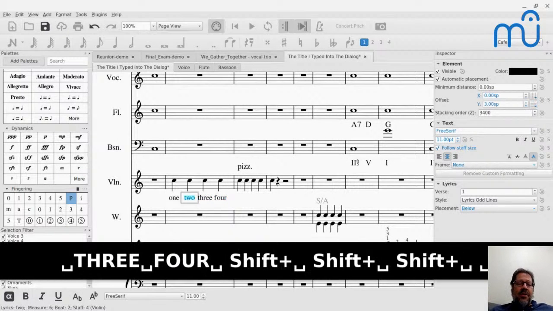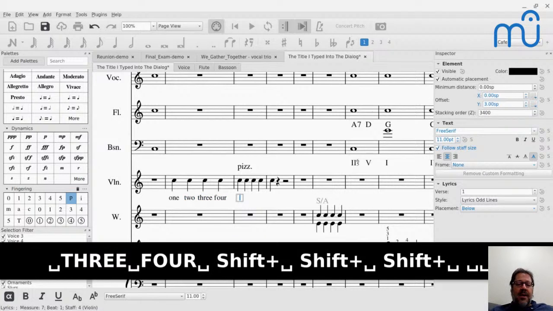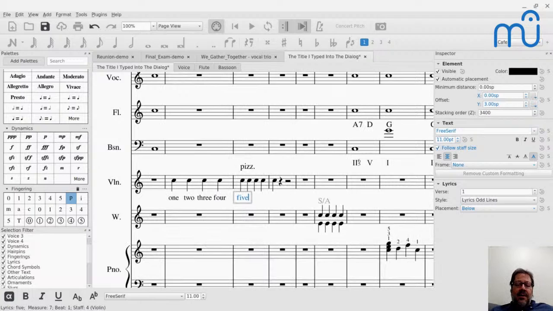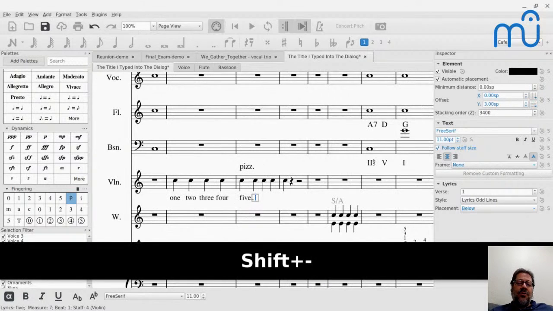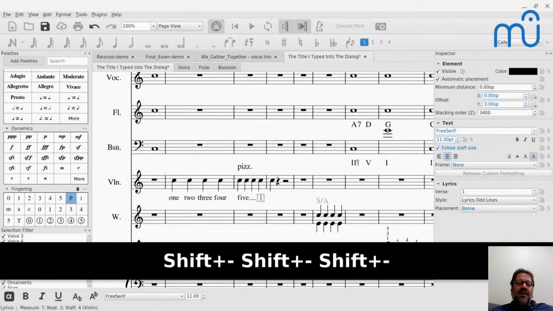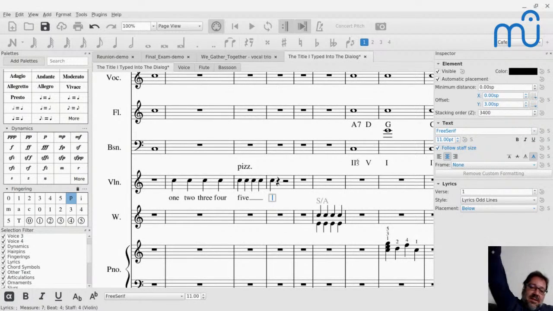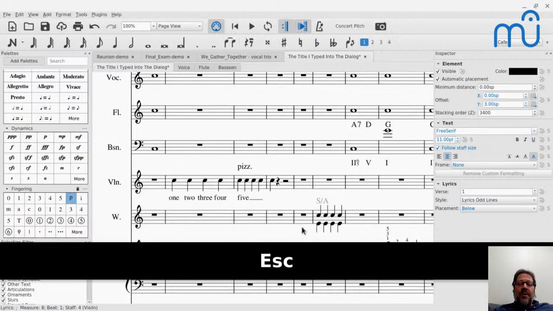And so lyrics are their own thing, but if I type 5, if I want that to be a melisma, I'll type an underscore, and that lets it be a melisma line like that. So I've apparently been sitting for an hour, and the light just turned off. So that's how you enter melisma lines.